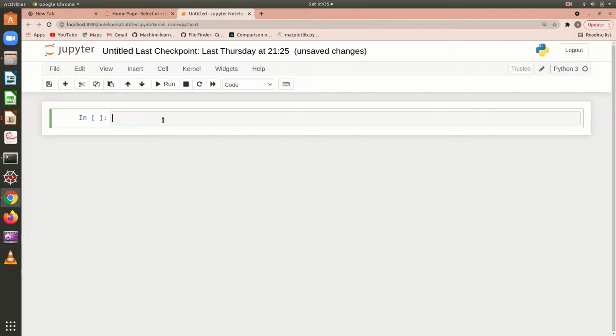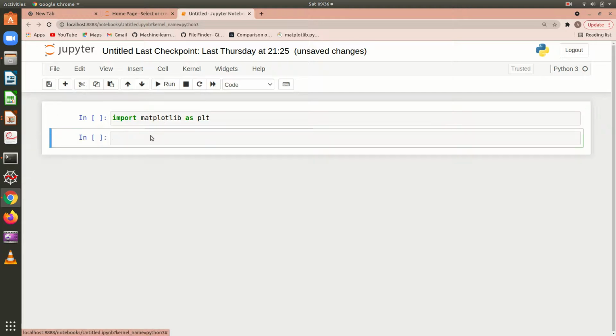Okay. Now the two different things, you can either import matplotlib.pyplot as plt. This is one way of importing it. Another one is you can import pylab, then from there you can import everything.